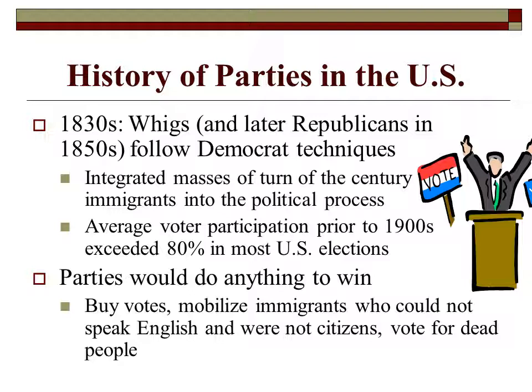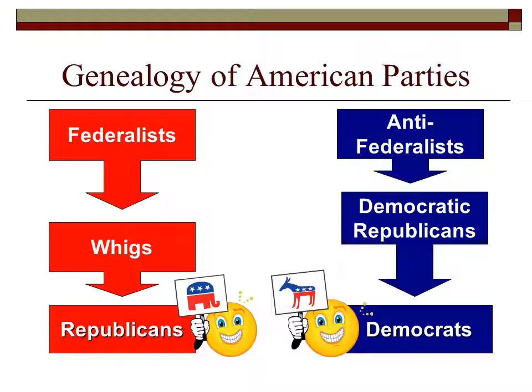Buy votes from people, mobilize people who couldn't necessarily vote and have them vote anyway. Have people who are not dead vote, which we saw in some elections where people actually went back and they realized this person actually couldn't have voted because he died 5 years ago. And of course, a lot of voting laws were enacted around that to clean those things up.